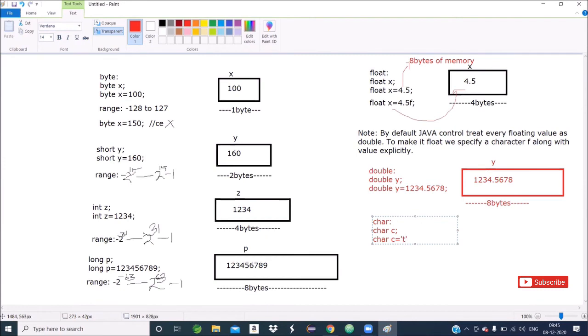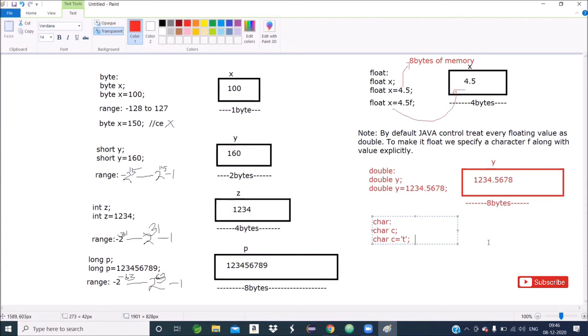You remember, when we assign a character value, each character value is assigned within single quotes. Suppose 9 is a digit, but if the 9 is written within single quotes, the 9 is considered as a character. So a character value is always assigned within single quotes.